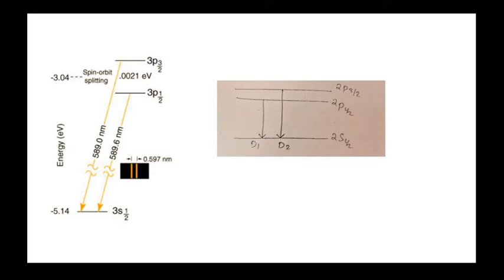But in the presence of an additional externally applied magnetic field, these levels are further split by the magnetic interaction, showing the dependence of the energy on the total angular momentum component. This splitting is known as the Zeeman effect for sodium. And these lines, from 3p 3/2 to 3s 1/2 and 3p 1/2 to 3s 1/2, are the D2 and D1 lines.